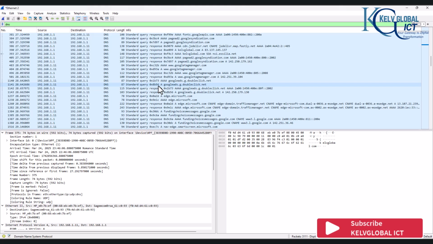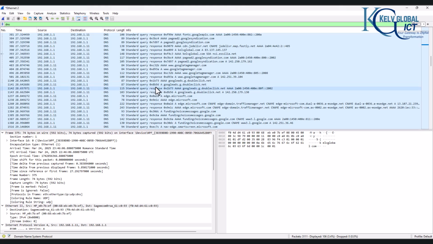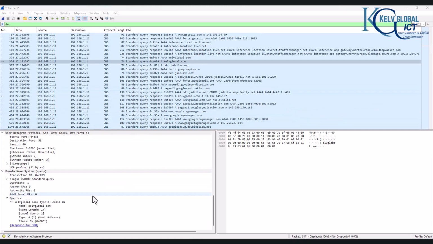So you can see that with Wireshark, you can capture a lot of information about what is going on behind the scenes. You can find a lot more about Wireshark on the internet. But for this video, I just want to show you what happens behind the scenes when you try to go to a specific website, type your website info, and how it goes from you typing it, to retrieving the IP address, and then giving you back all the requested information. And lastly, you can see the response time was just